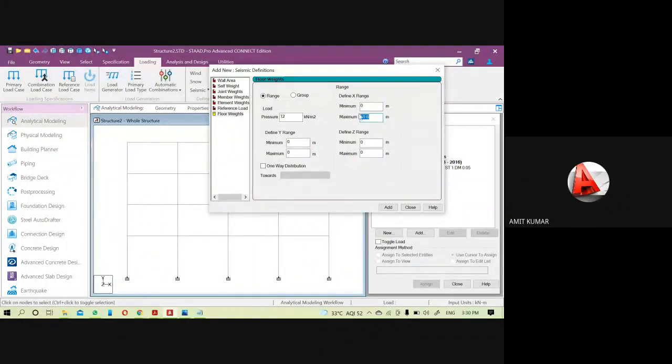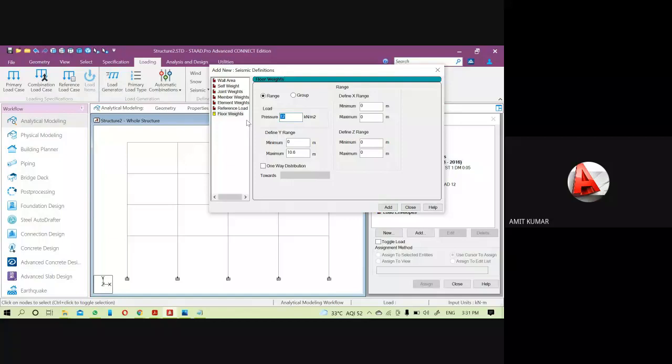Sorry, I have to change the range. I just wrote it in the X range; just put it as 0 and change it along the Y range. Along the Y range it is 10.6. Last time it was written here as define X, define Y, then Z, so that's why I was confused. So just write it very clearly. We have to provide the range value along Y because it is along the Y direction. So the Y range is 0 to 10.6 meter, and up to 10.6 it is floor. That's why the value here is 12 kilonewton, and click on Add.